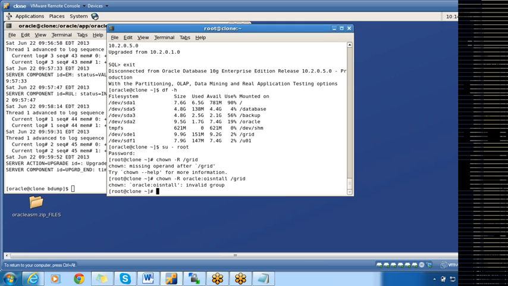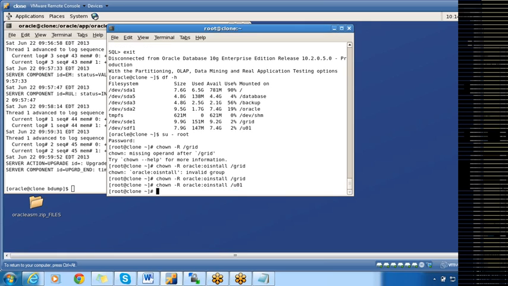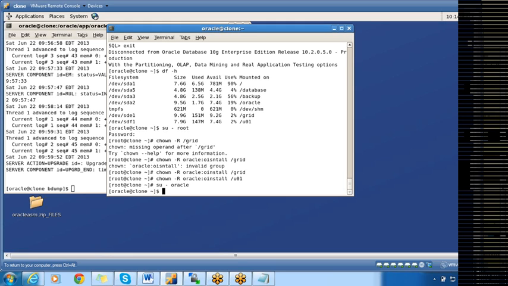One step. chown -R oracle /u01, and I'll log back in as oracle. mkdir -p /u01/app/oracle/product/11.2.0/db_1.